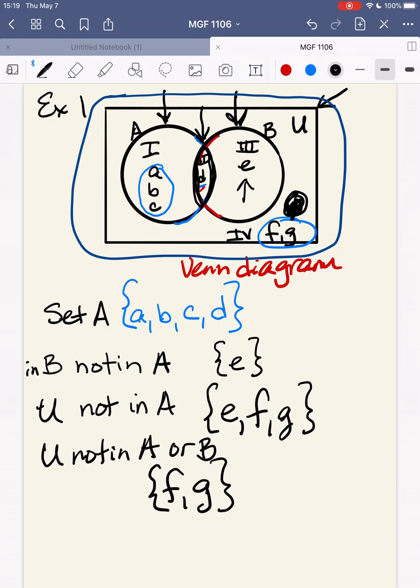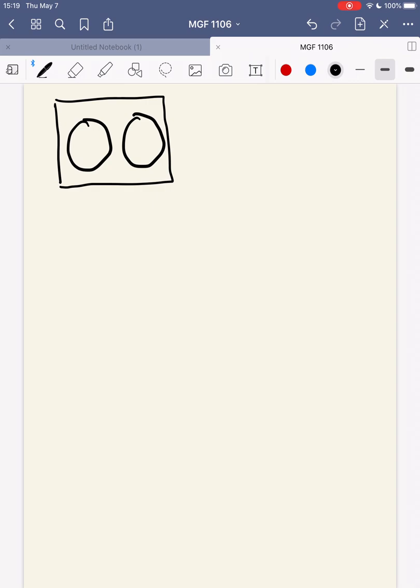Okay, so one thing about sets or Venn diagrams, you can have a couple different ways that can be represented. If I have a universe, and I have two circles, but they do not overlap, these are disjoint, meaning they're going to have absolutely nothing in common with each other. So this A and this B will have nothing in common with each other, but they all belong to the